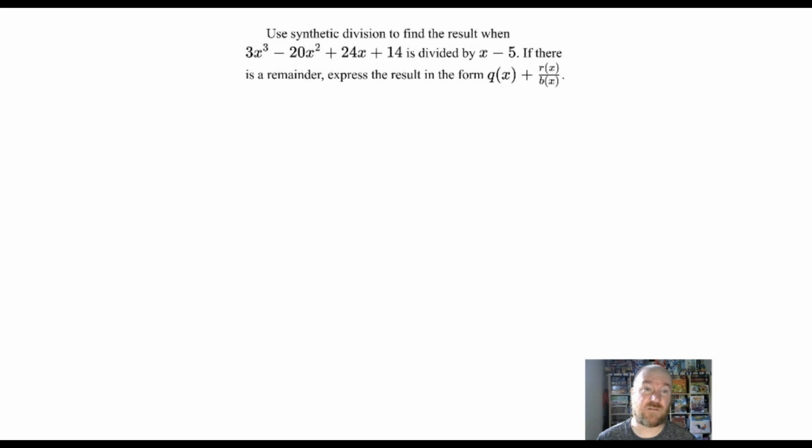So the first thing you do is you look at all of the coefficients for each number. Coefficients are the numbers in front of the variables, right? So we have 3, negative 20, 24, 14. And we're going to write them all down. 3, negative 20, 24,